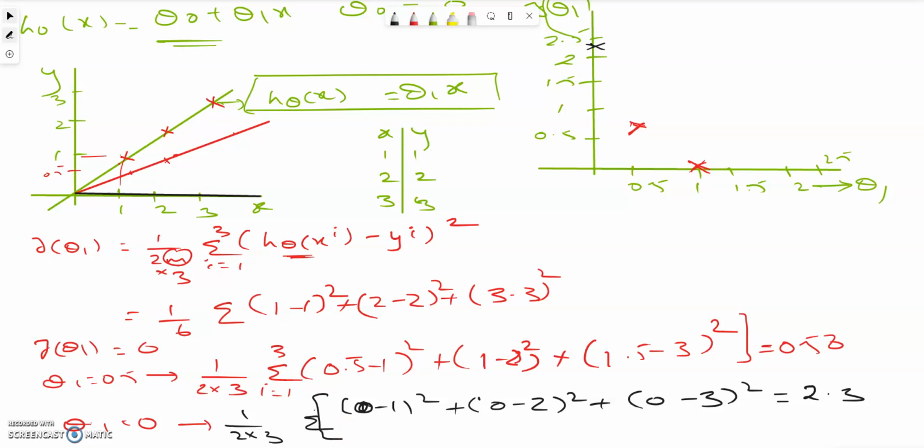Now likewise, for different values of theta 1, I will get another point here, and another point here, so that I can draw a graph like this, which is called